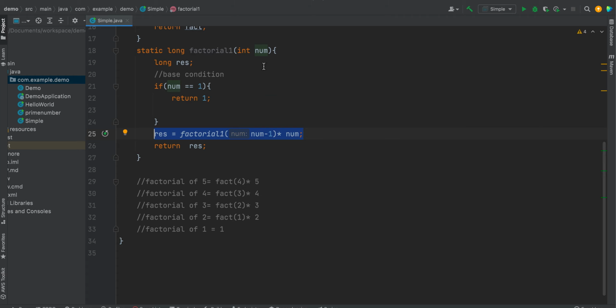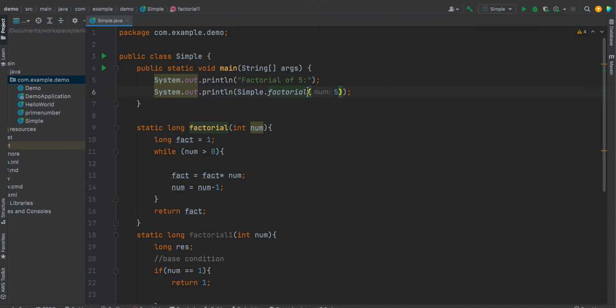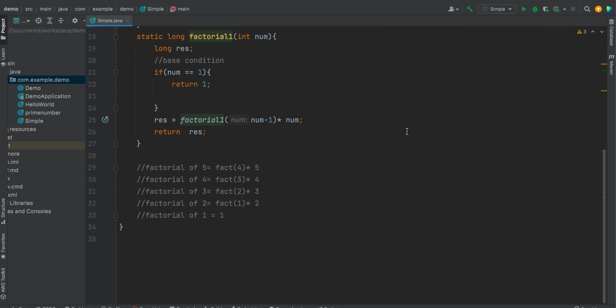So right now here we want to calculate the factorial of 5. We can divide this into sub problems in a theoretical way and then write the logic. This is a very simple way to write the logic if you know the base condition. The main thing you need to find out is the base condition, meaning the minimum thing that we know, which becomes the base condition to terminate calling this function again and again. So if you call the same function here, it is also going to return the same result.